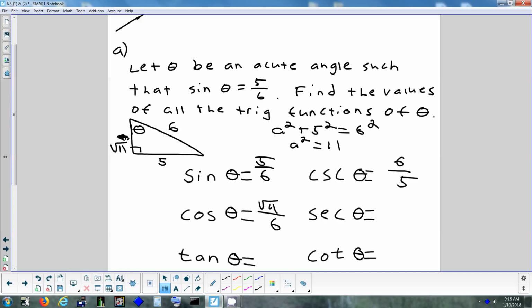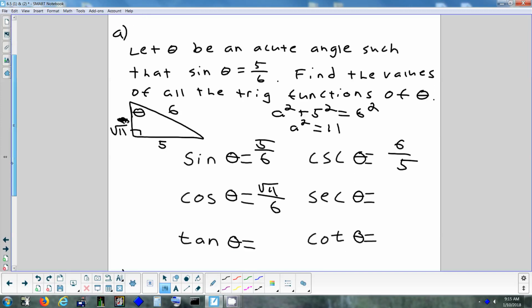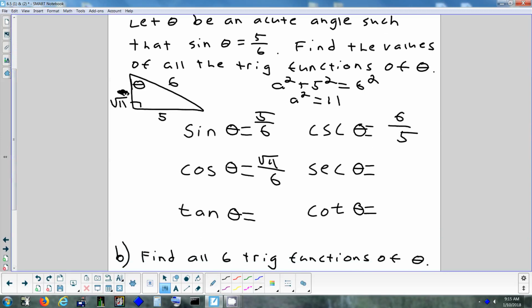Yep. And Leo, my tangent? Tangent would be 5 over square root of 11. Yep. And can you fix that for me so we don't have the square root in the bottom? Isn't it you multiply both top and bottom by square root of 11? Multiply top and bottom by square root of 11, yes. And what would you get if you do that? 5 square root of 11. Exactly. 5 square root of 11